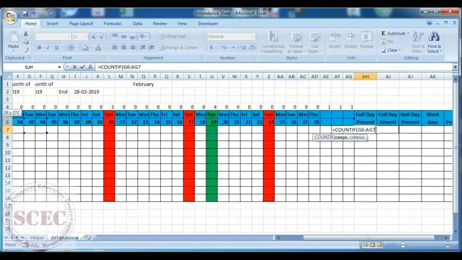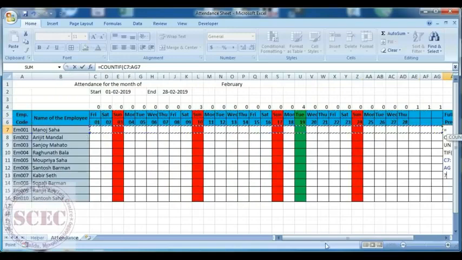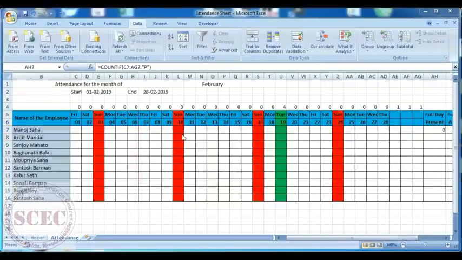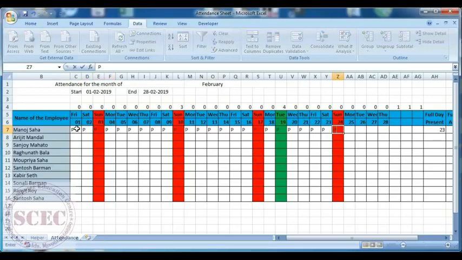Select the range from the first date, then press comma and give P, then bracket close, enter. It's showing 0. So now I will put the present value in all of the cells here, and we can see the present day count is increasing day by day when I put P.